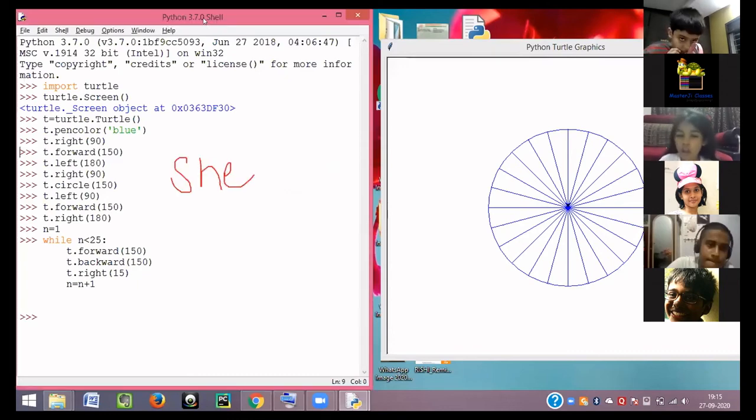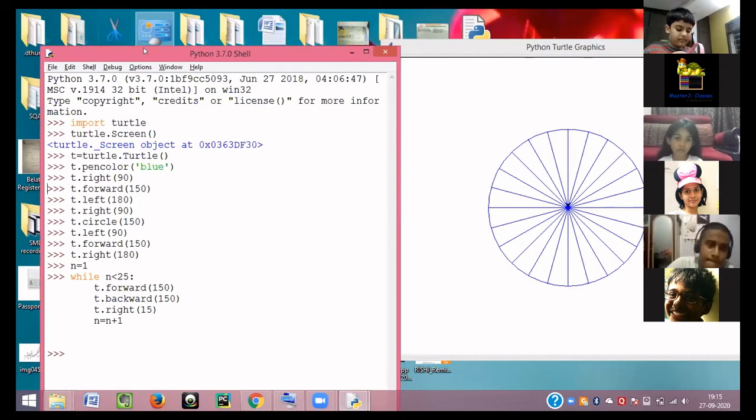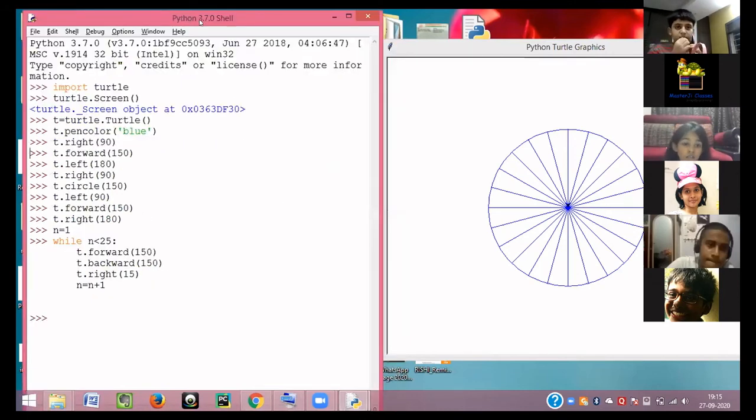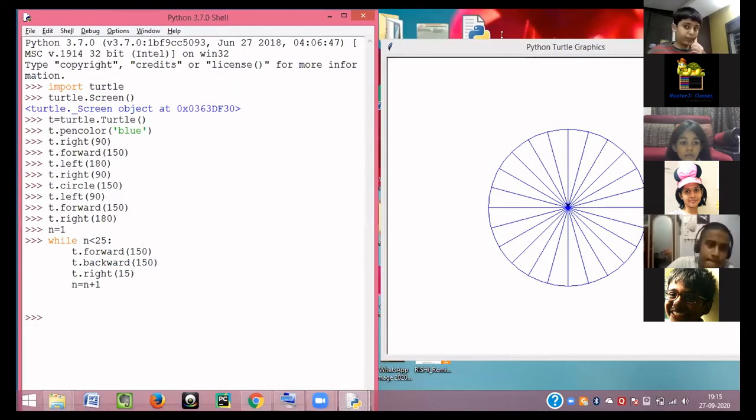See over here, can you see this? I'll just make a circle around this. Python 3.7.0 shell. Over here, you have to write your program in this particular window. In this window, you are writing your program. And once you press enter, immediately the result comes in front of you.